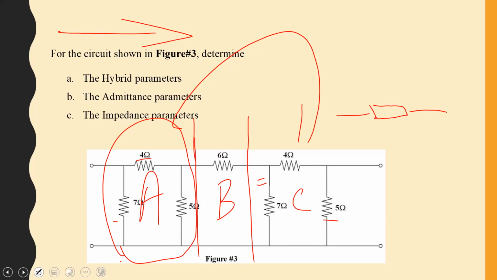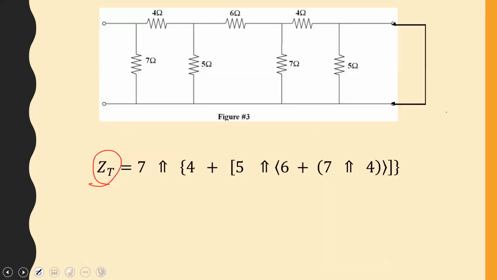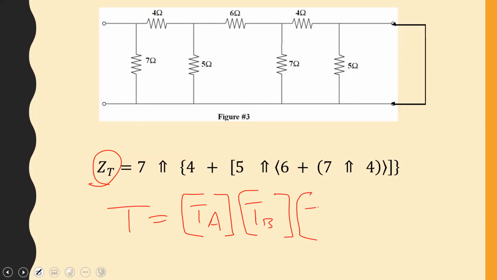So the overall transmission parameters, and you must do them in the same order of the networks, would be TA, TB, and TC. All right, so I'm going to give you a whole heap of work to do, gentlemen,